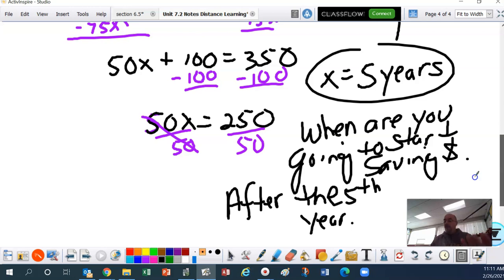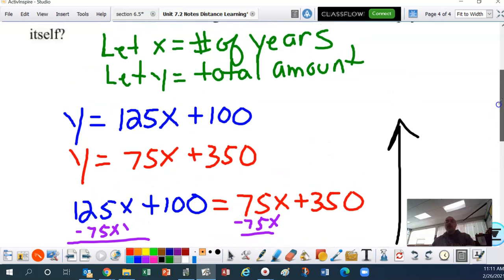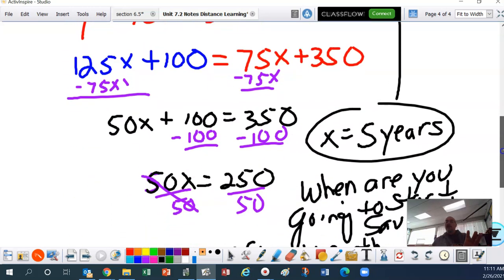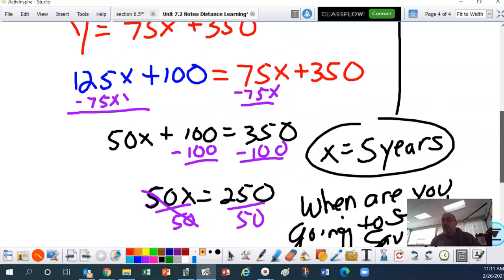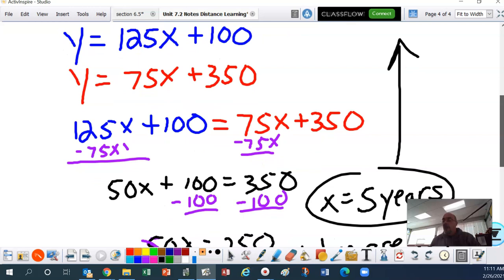It's just at first there's going to be more money spent up front, but in the long run, after 5 years, you're going to start saving money. Okay, so again, we set up our equations, we set them equal to each other, and we found that x equals 5 years. It didn't ask us how much money was spent. It just asks how long will it take until the new unit pays for itself. 5 years. All right, folks, that was it. We'll do more of this